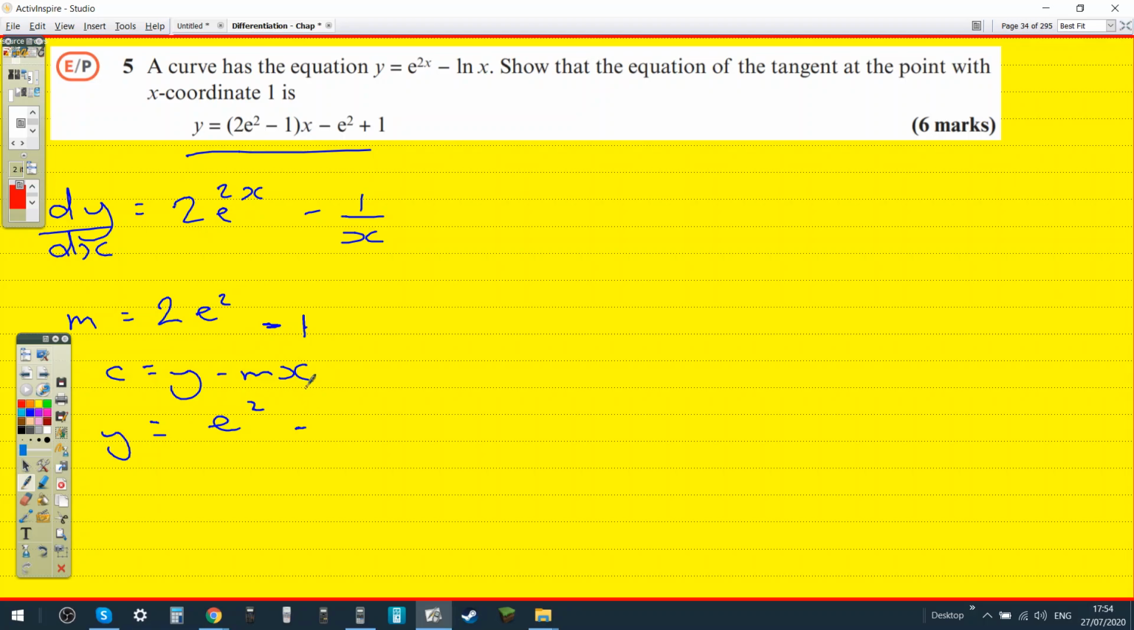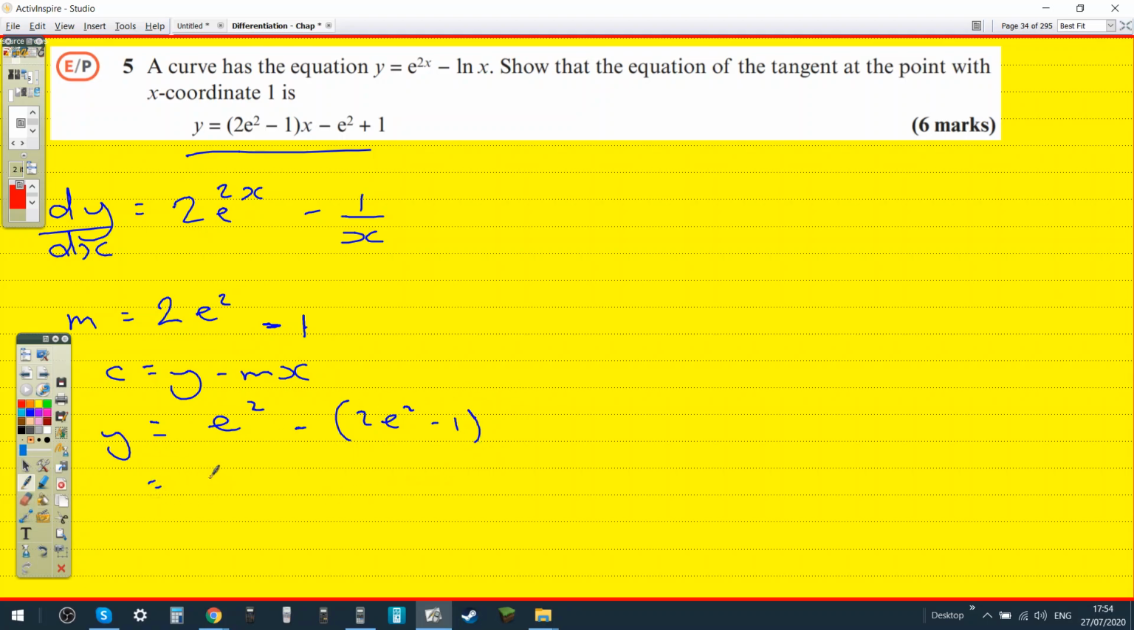So the y coordinate, will that be ln 1? Yeah, but isn't ln 1 0? Okay. And so you just did it all in one go, was it? Yeah. That's times by x, which is 1? Yeah. Okay. So then